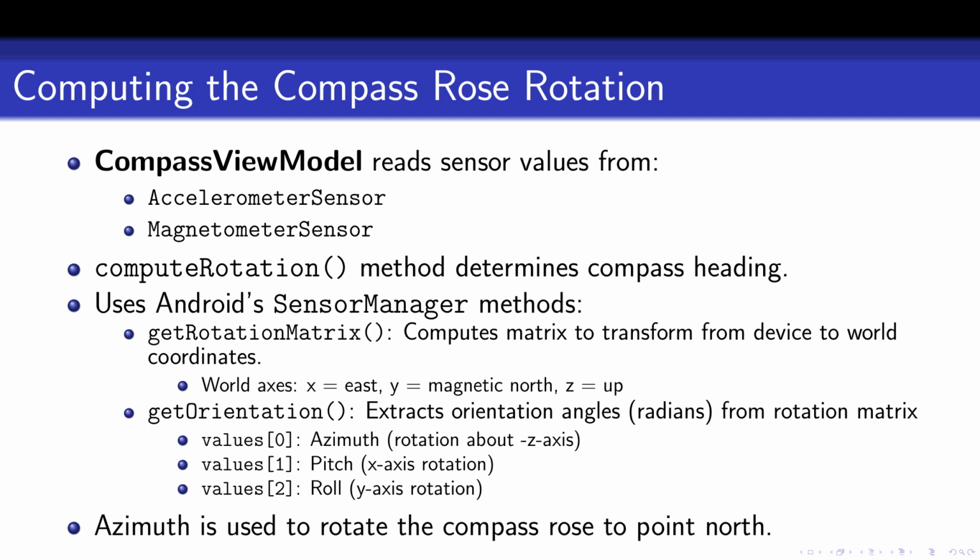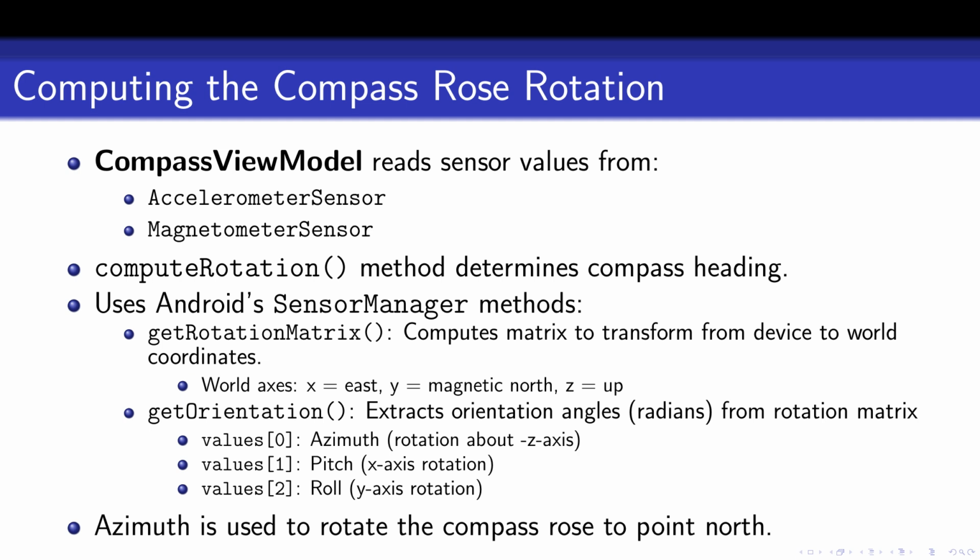The azimuth is the one we're interested in. It tells us the angle of rotation around the z-axis. In compass terms, this represents the direction the top of the device is pointing relative to magnetic north. We convert this azimuth from radians to degrees and then negate it, because rotating the image clockwise requires a negative angle in Compose. The result is a smooth, real-time update to the compass UI that reflects the phone's heading in